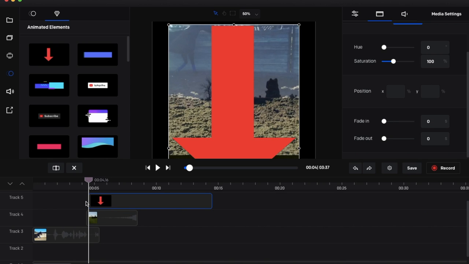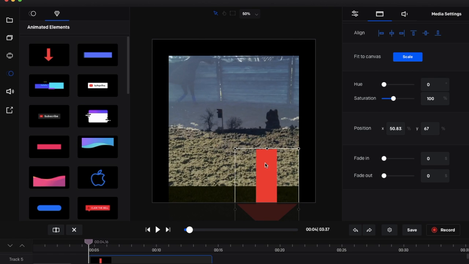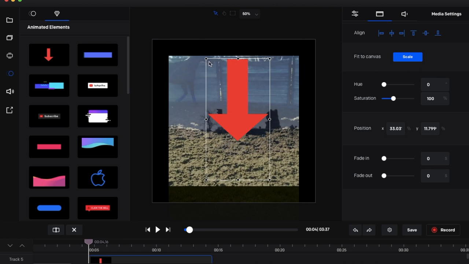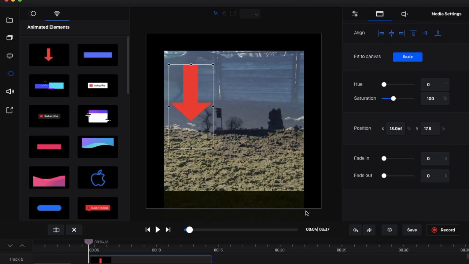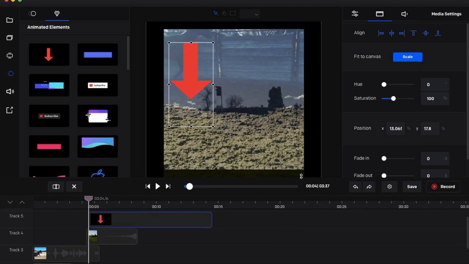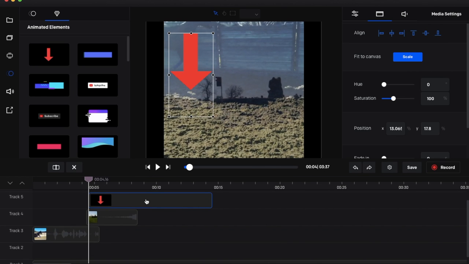So we're going to put this arrow here. Okay, so see, it's huge. So we make sure we have our pointer selected, and we make it small. So you make it the size you want, and then you can move it around. Okay, so here, I'm going to put this, whoops. Okay, so we are done zooming there. Put this back. Okay, so let's move you, because I actually want to put it right here,